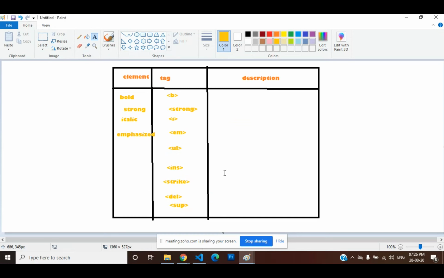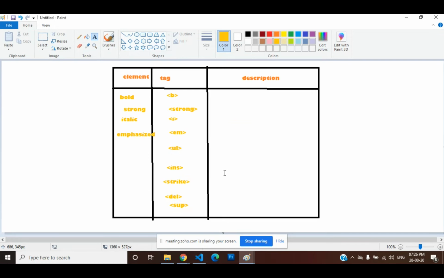It changed the character position. Raised from baseline. Guys, don't bother about this. We will discuss with one example also. Within a few minutes, we will go through one example. Don't bother about it. See what I am saying here. It changed the character position, raised from baseline. It is the description for superscript.